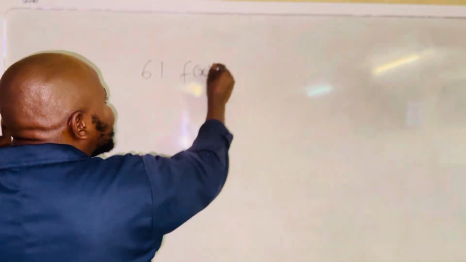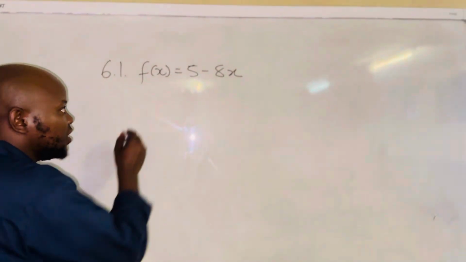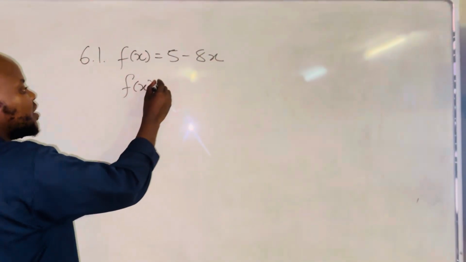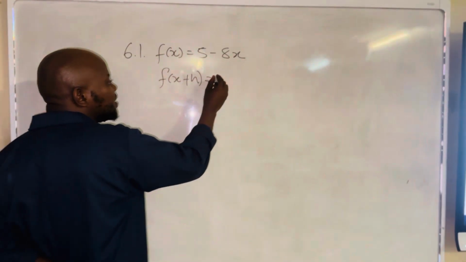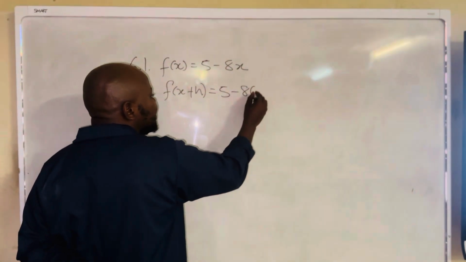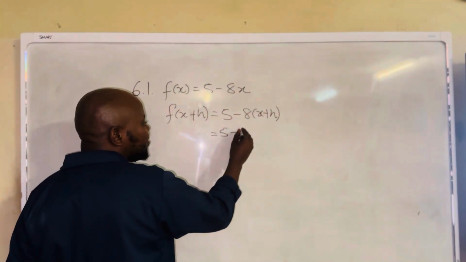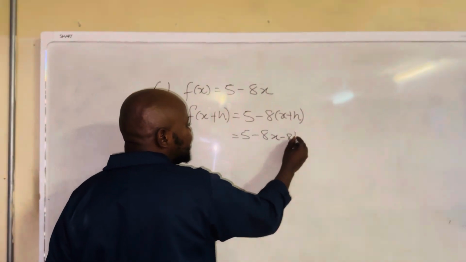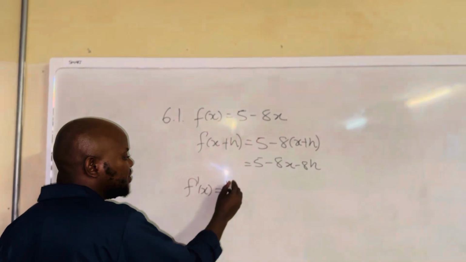6.1, where we're given f(x) is equal to 5 minus 8x. We're just going to determine f(x + h), which is equal to 5 minus 8 into (x + h), which is equal to 5 minus 8x minus 8h. Then, according to first principle,